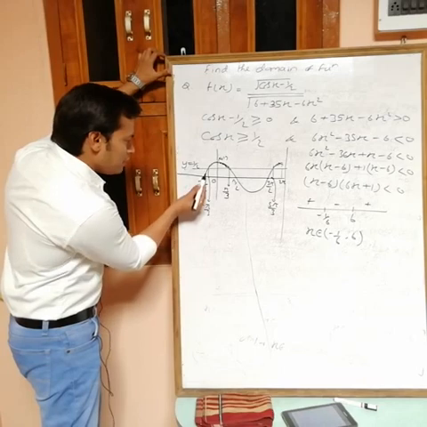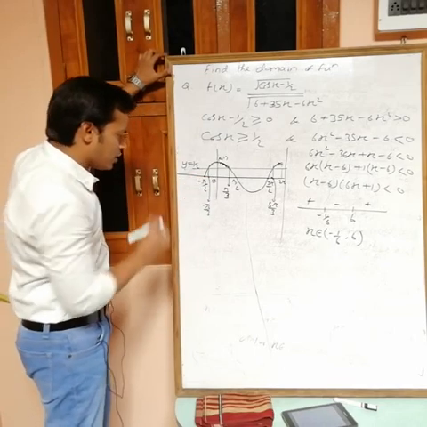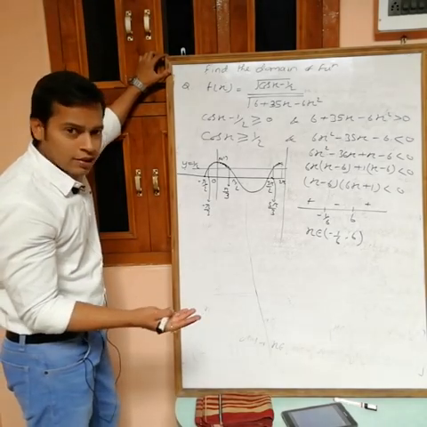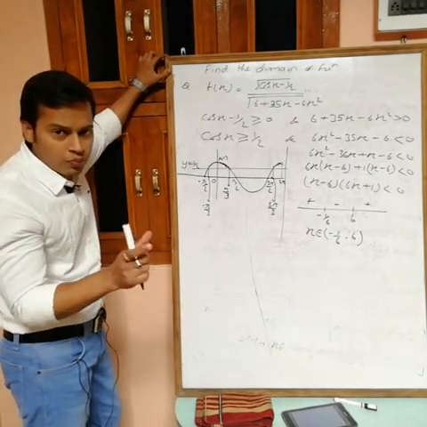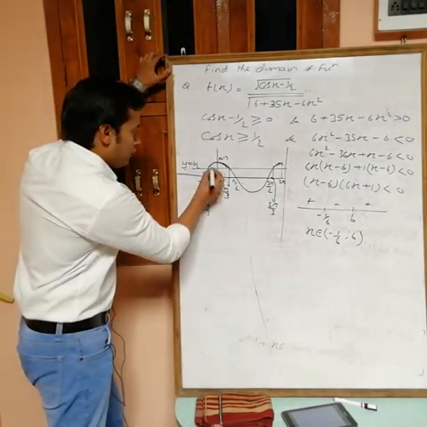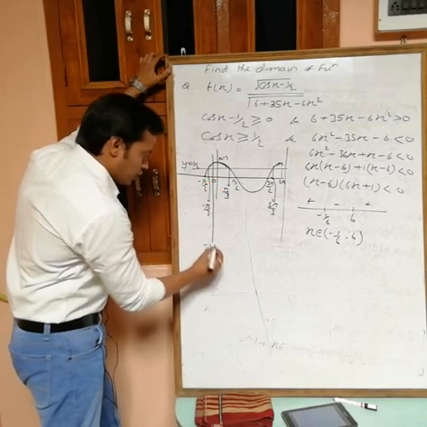Now tell me one thing: is minus 1 by 6 less than minus pi by 3 or greater than minus pi by 3? Pi is 3.14, divided by 3, it means like minus 1 point something. So minus 1 by 6 is greater than this one. Suppose here we have minus 1 by 6. I have to limit this one now, minus 1 by 6.